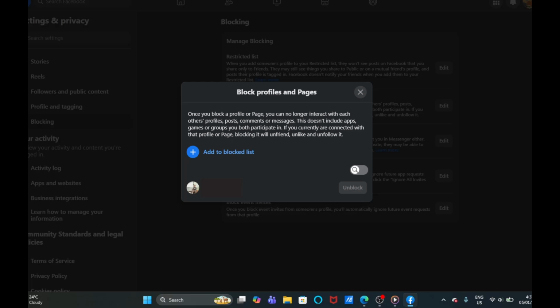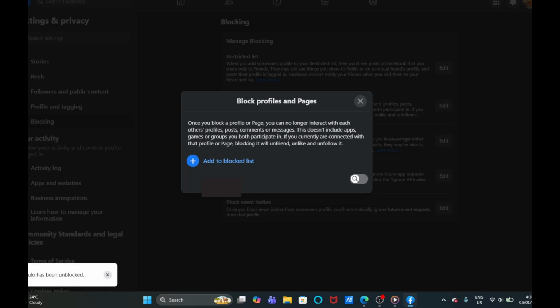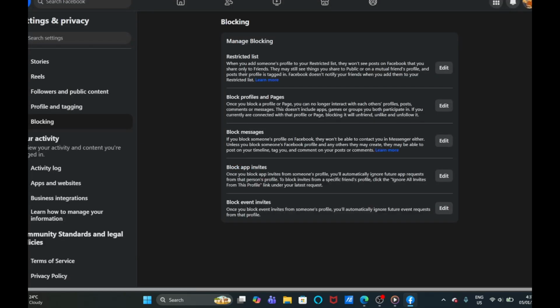A couple of helpful tips as you use these controls. Blocking is private. The other person doesn't get a notification that you blocked or unblocked them. After unblocking, there may be a short period before you can block the same person again, so be sure you're ready to proceed. And interfaces can vary slightly between mobile and desktop, but the labels you're looking for, settings and privacy, settings, audience and visibility, and blocking, are